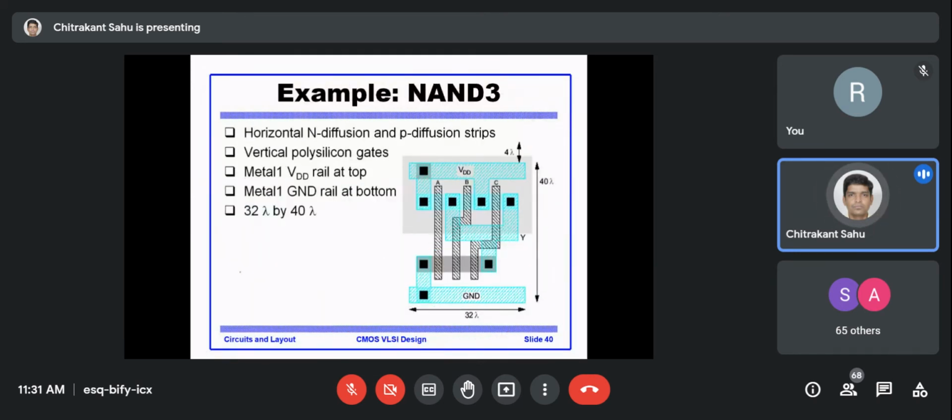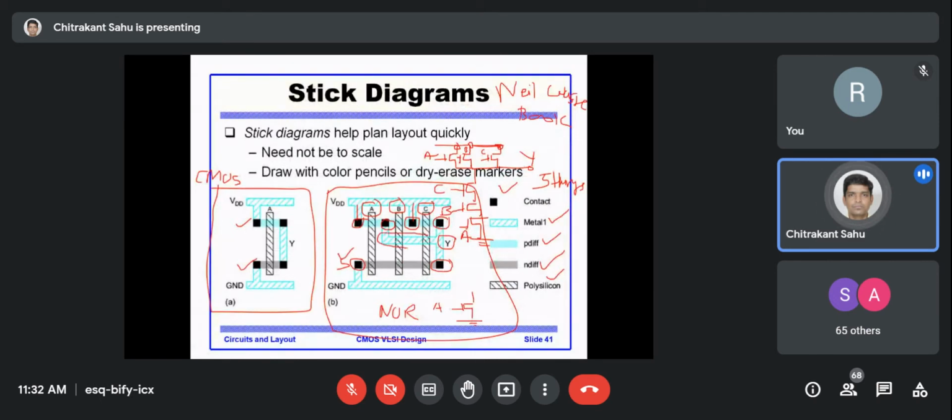Okay. So this is about, let's say, calculating the overall area. You can see, if you want to make a detailed study, this is also a NAND gate layout, where the different layers have been shown. You can see this A is connected to the ground, this A is connected to VDD, and the common point, the same thing is there. Only difference is that this and this are used to make a contact properly. So this is the layout. Earlier it was not in detail, right? Earlier you can see this is making some overlap kind of thing, right? Okay, so this should be